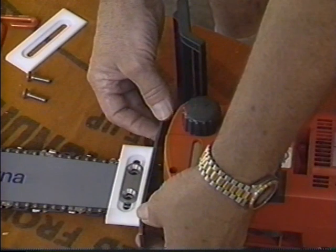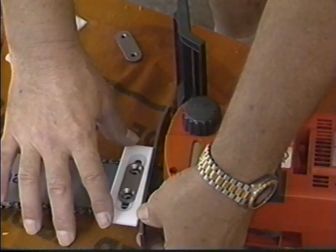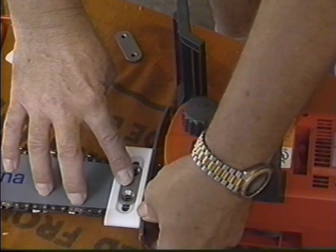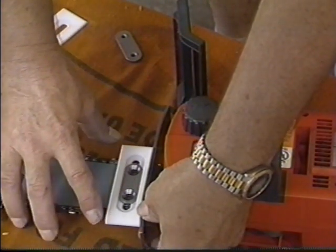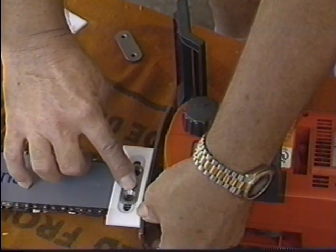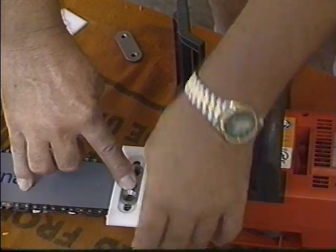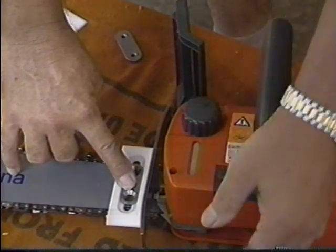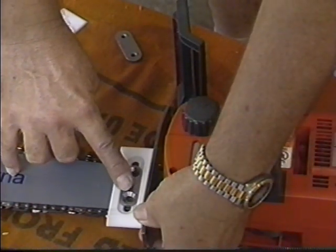So we can tolerate this being located in this position, and also when you're just loosely laying it down there in the chainsaw, you want to try to get it approximately symmetrically located here, so that you get a good idea of what you're doing. And also this will be perpendicular to a theoretical center line of your saw. At that point,